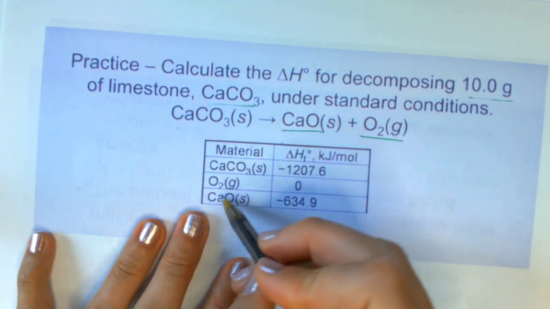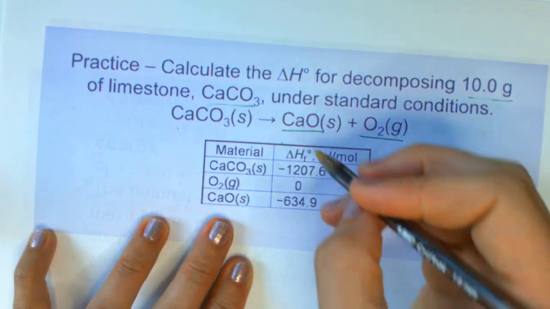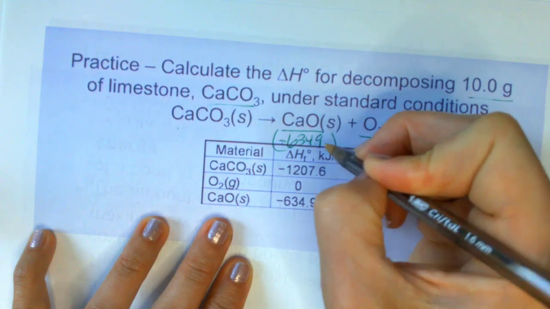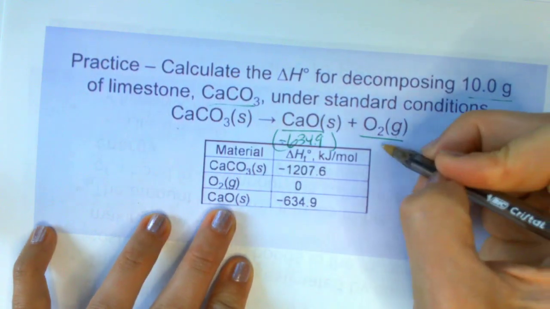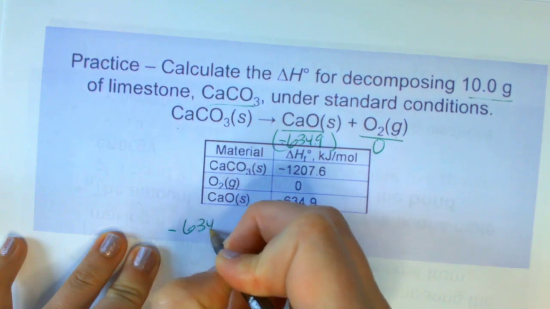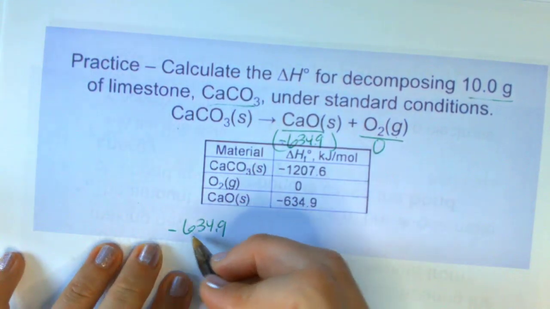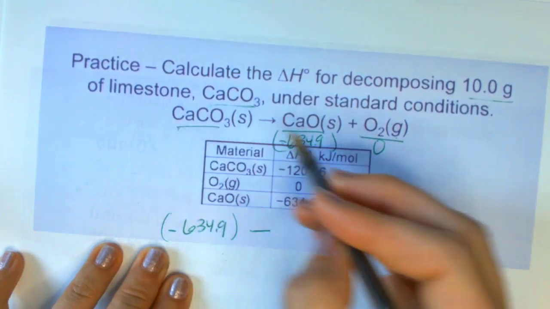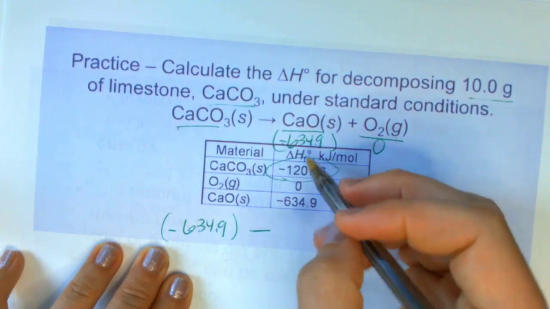So I've got my CaO, negative 634.9, and there's only one of those. And oxygen, of course, is 0. So negative 634.9 is my products,